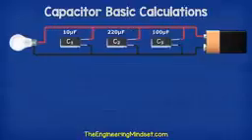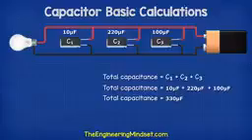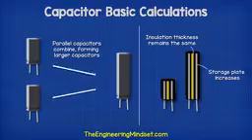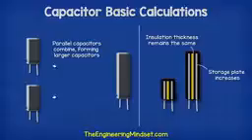We can keep adding more, such as a 100 microfarad capacitor, and the total is just the sum of all of the capacitors. By placing them in parallel, we are essentially combining these to form a larger capacitor. That's very useful,